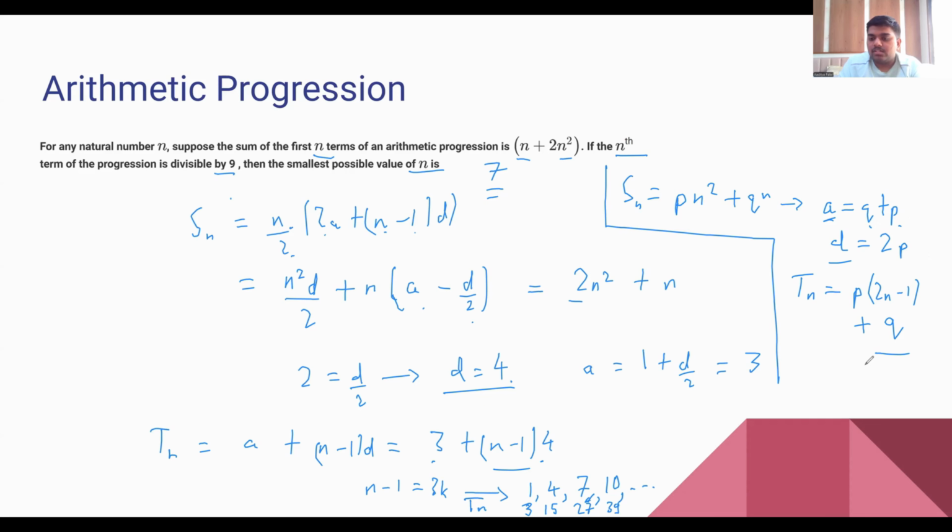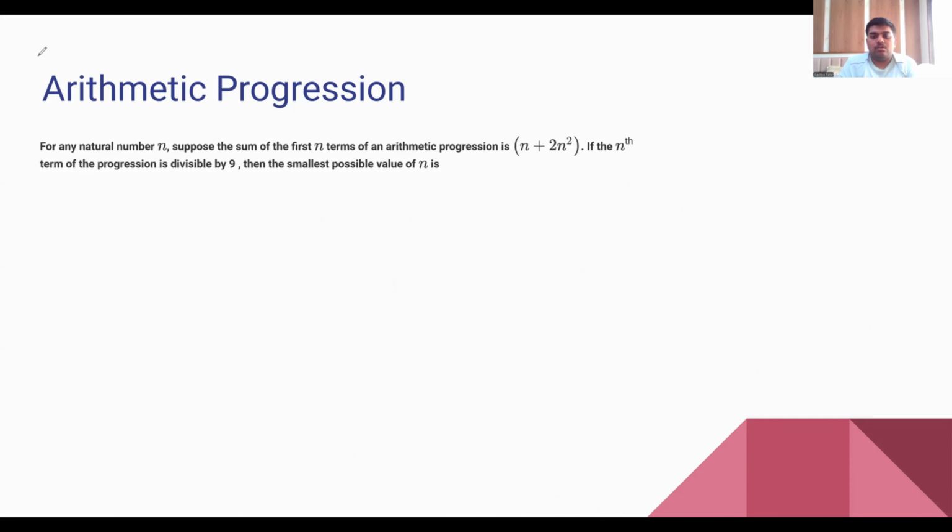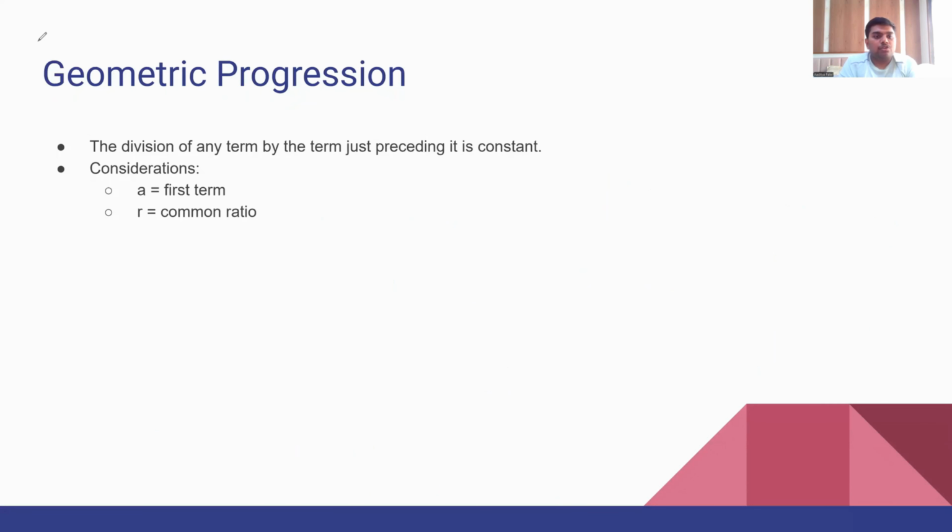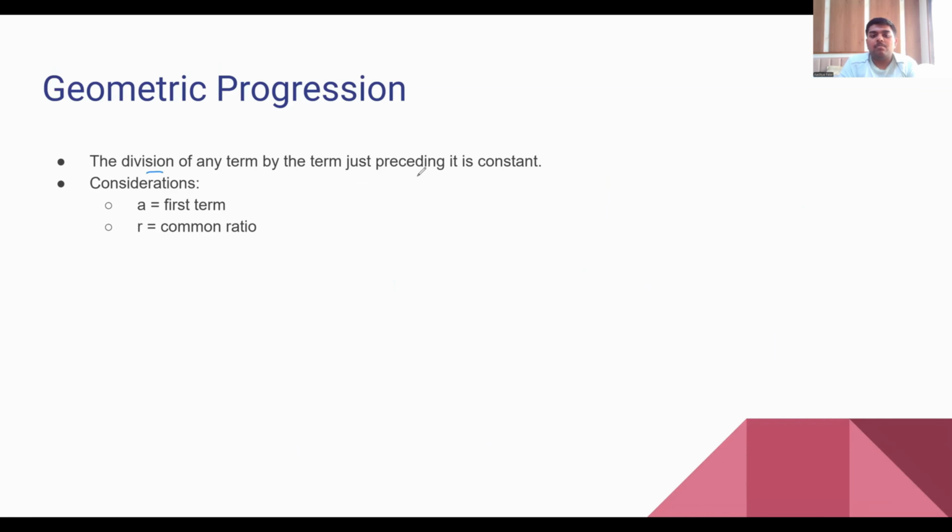And here you can see this formula. So that is pretty much it for the arithmetic progression. And now we will look at the second and the most interesting type of progression, which is the geometric progression. Now, in the case of geometric progression, the division of any term by the term just preceding it is constant,